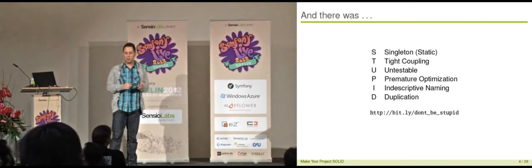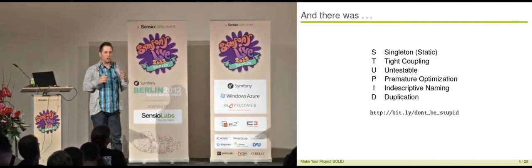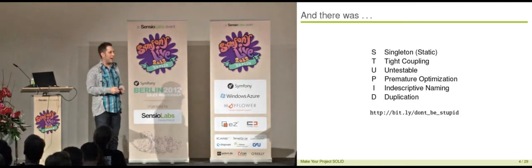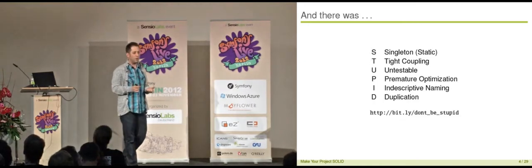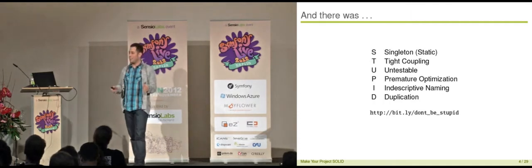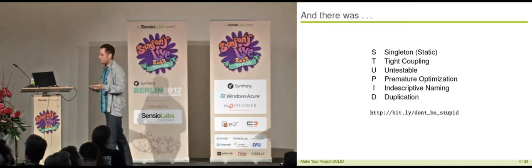SOLID. Why do we do SOLID? Because software development is not a Jenga game. Whenever you want to adjust your software to new needs, if you want to fix a bug or something like that, you don't want to pull one of the pieces of your software and make it crash instantly, completely. Therefore, we want to do SOLID, and what SOLID is on the next slide.